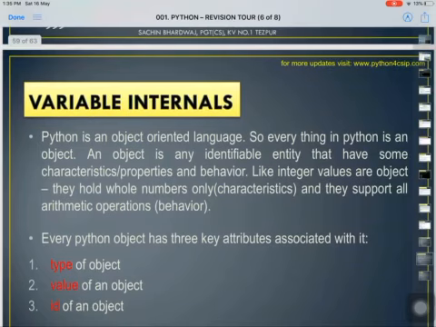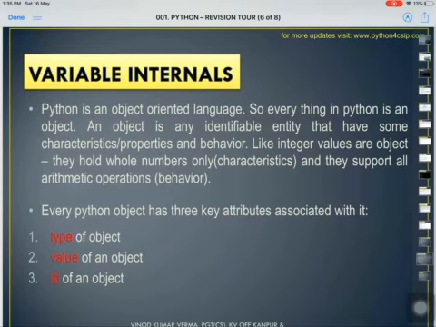Alright, now variable internals. If you are still not very clear with the concepts, try to understand with the variable internals. There are basically three things associated with variables: type, value and ID. Type means the data type, it may be string, integer, float, list or many other things.